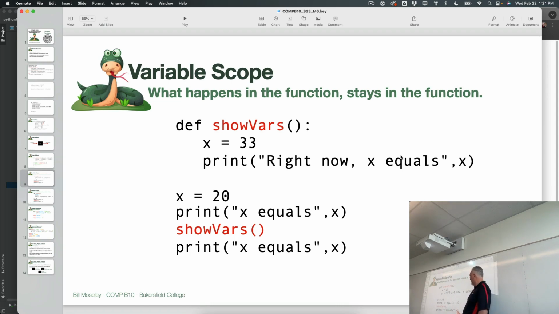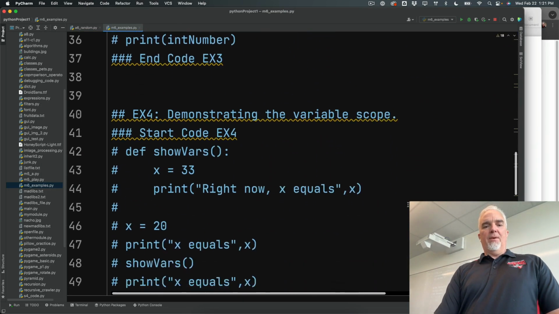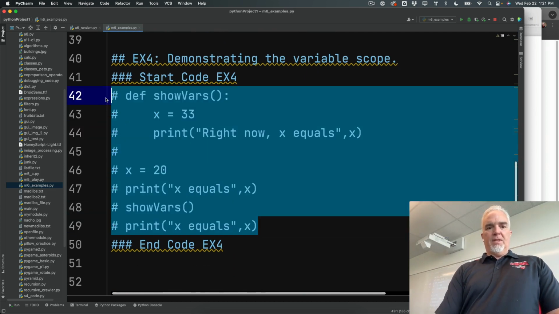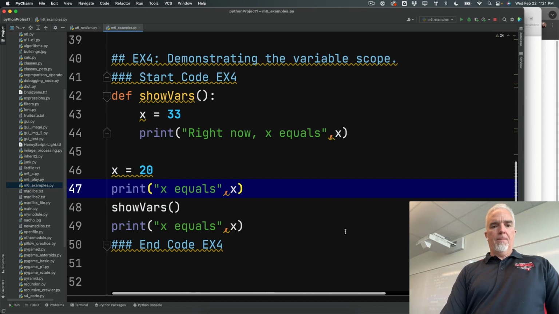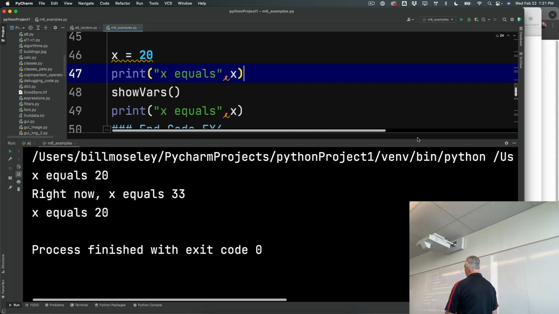how many of you think it's going to say 33 there? How many of you think it's going to say 20? I've stumped you all. So let's look. Let's look and see what it does. Because this is a little bit ambiguous as far as behavior goes. So this is that exact code. And when I run that code, interestingly enough,